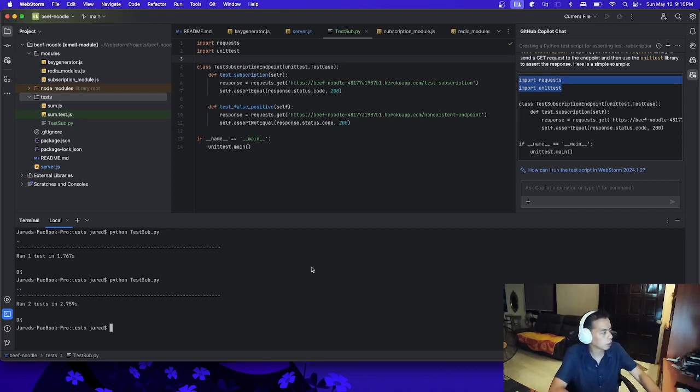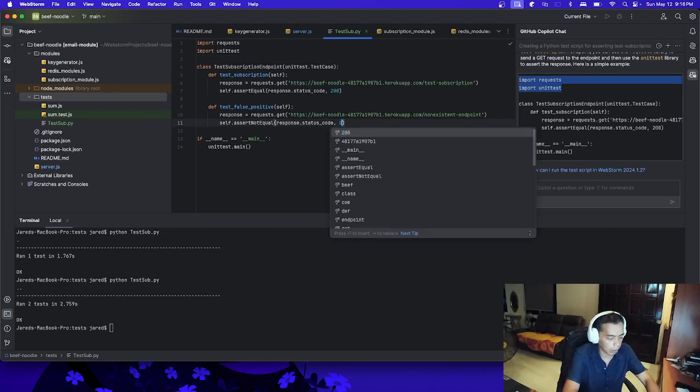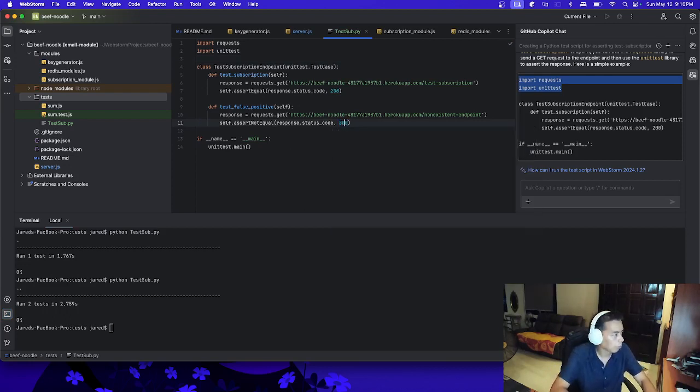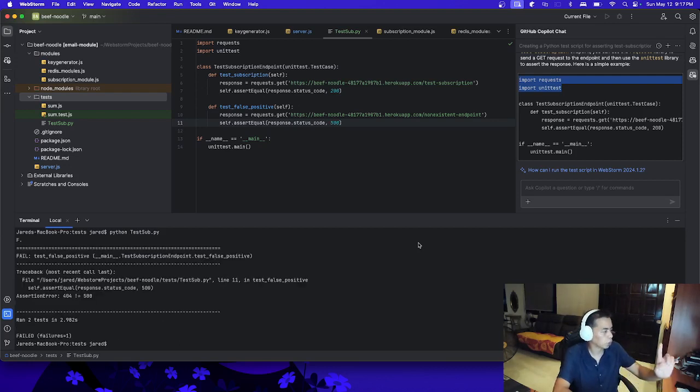All right, it ran two tests, okay, but I want something to fail. Let's say 500, status assert equal. Okay, so you have two tests, and the other one is a failure.